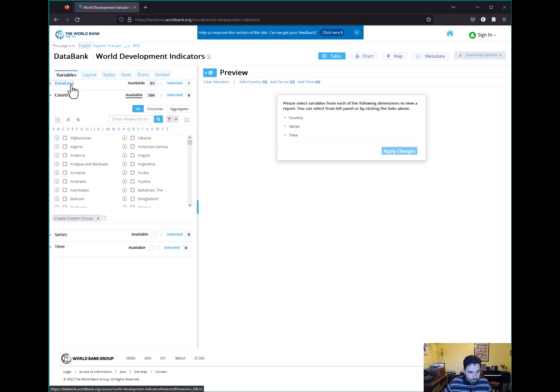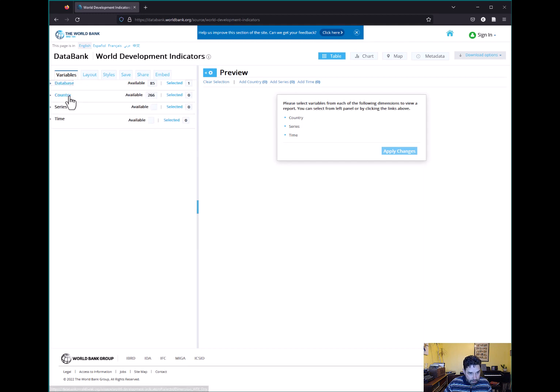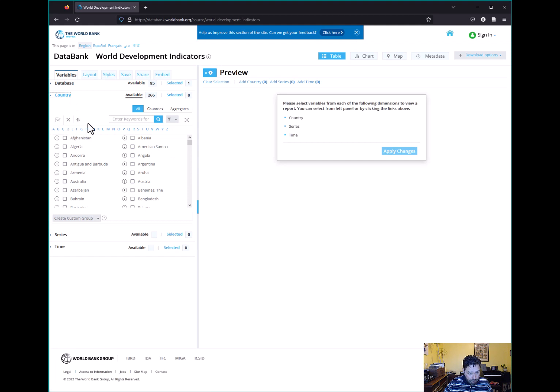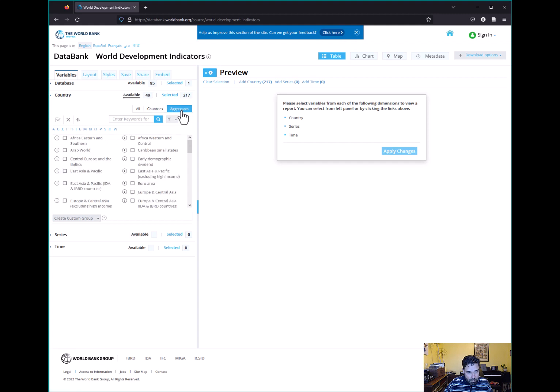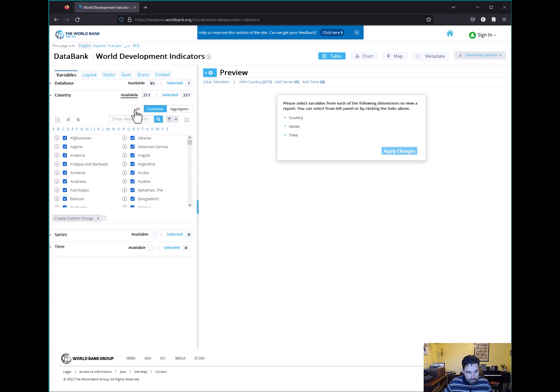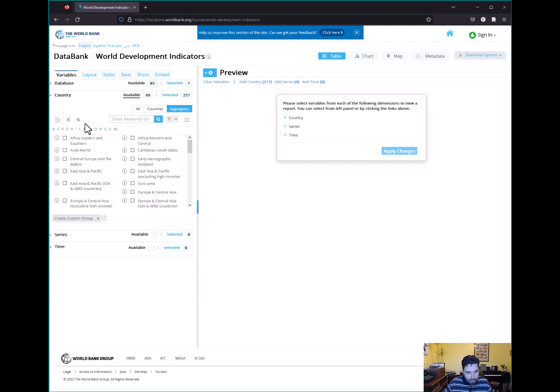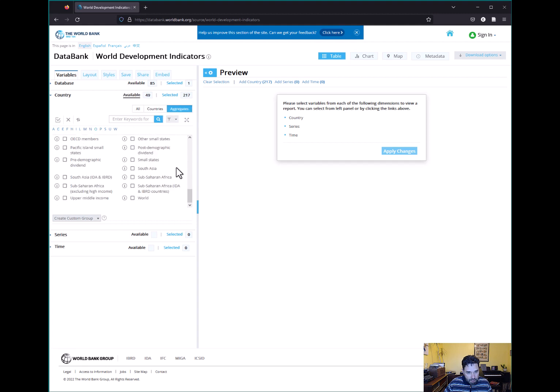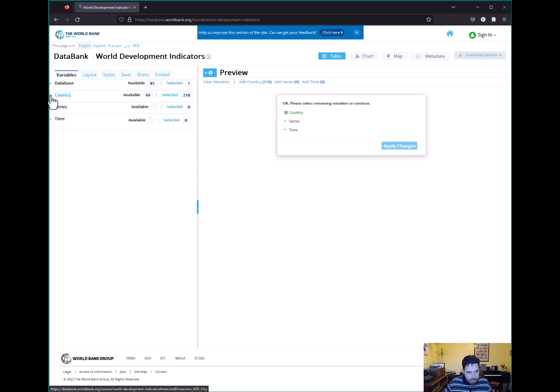We're pretty sure we're already in the right database. In the countries we want to select, like last time, all of the countries. Don't just select all, go to countries and select all the countries, because if you select all, then you'll select all the aggregates too. You don't want to select all of the aggregates, but let's go in here to the aggregates and just select world as well. Okay, and we'll close this